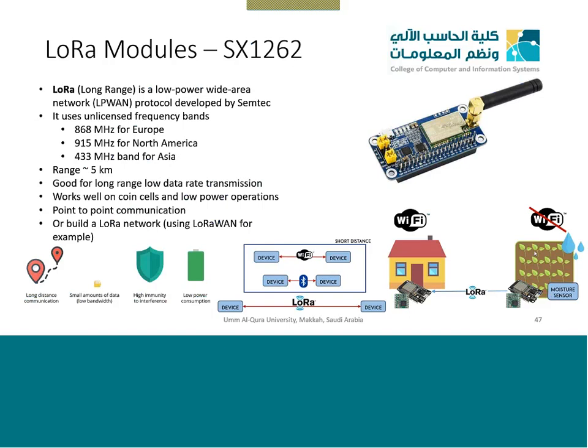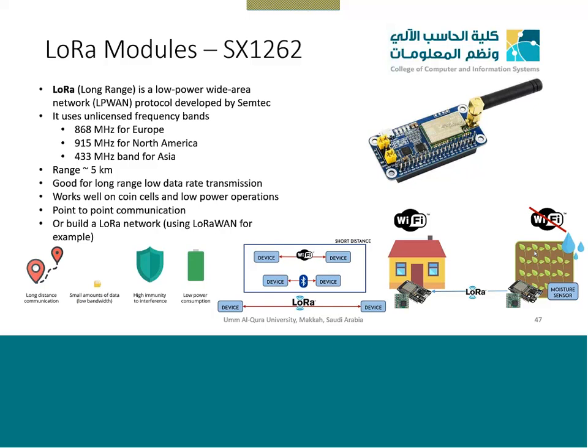Now the field is outside, there will be no Wi-Fi connection. If I use a 4G LTE or 5G connection, it will take a lot of power, so I need a large battery to be able to operate it for 1 month or 2 months, because it will be over there operating. Otherwise, I will need a very large solar panel. But in case of LoRa, we can have a small sensor which will detect the moisture and send this data to another LoRa module which I can connect in my office, and I will receive it. Maybe my office is 5 kilometers or 10 kilometers away. The range is normally 5 to 15 kilometers.